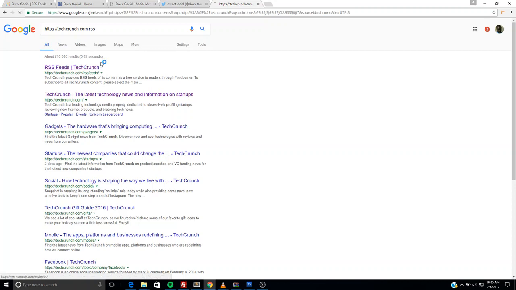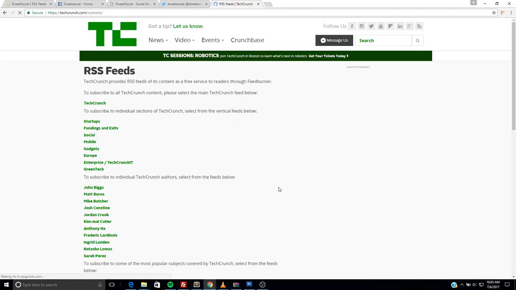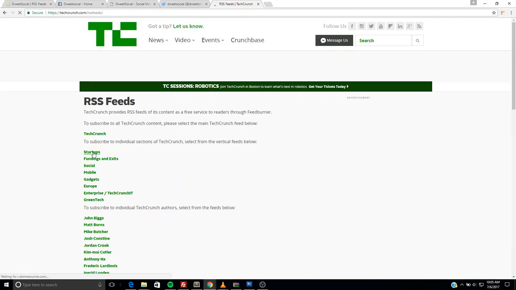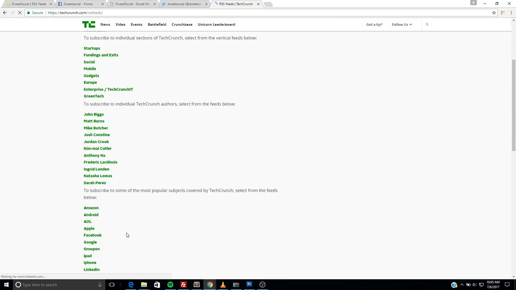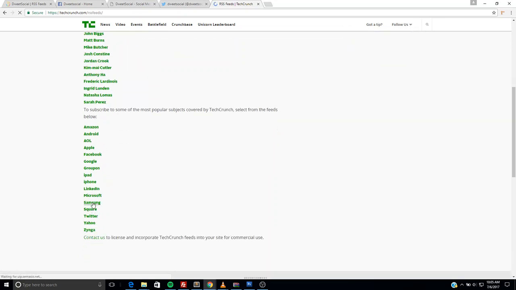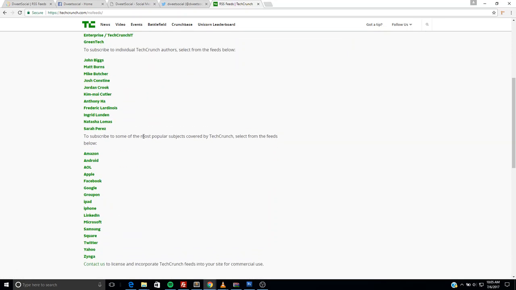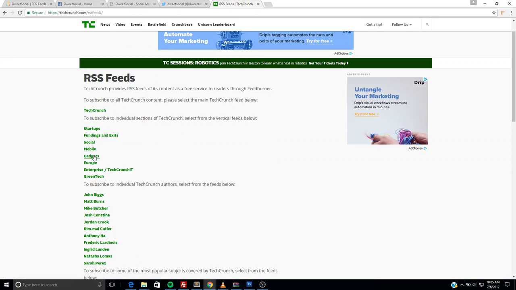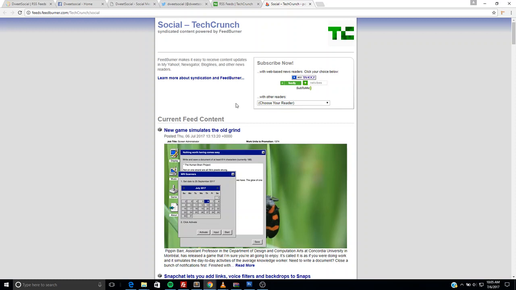Okay, so we have an RSS feed here, a few from TechCrunch. I want something latest in tech. Let's use social for now. This is the RSS feed that's there. We just simply take this feedburner,